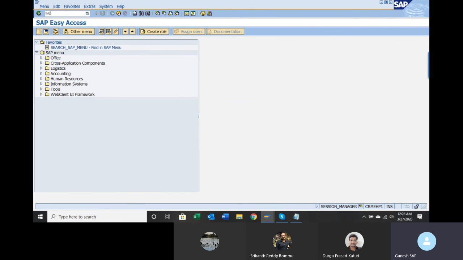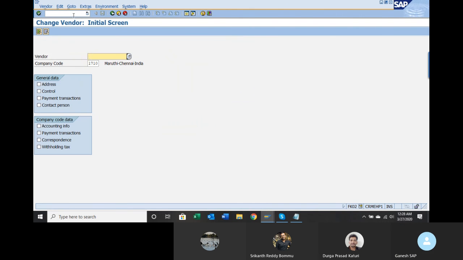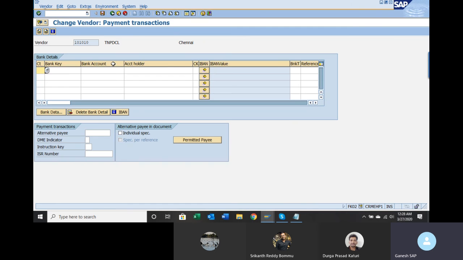Go to FK01, FK02, go to payment transactions. 101010, this is our vendor. Press enter. See this, I will directly go to that particular section. What is the bank you have created for this vendor? IN, bank is SBI T Nagar.